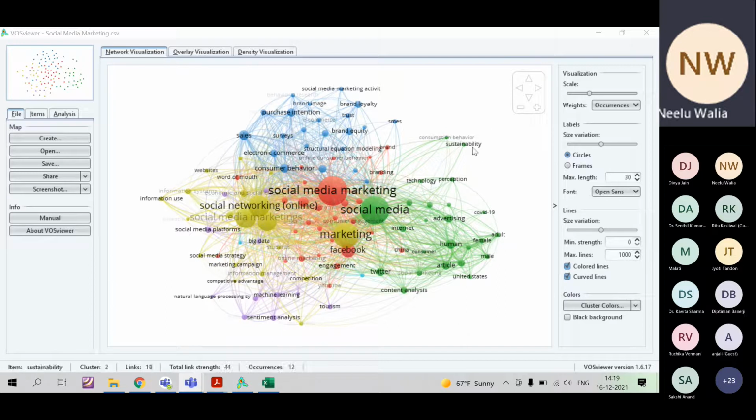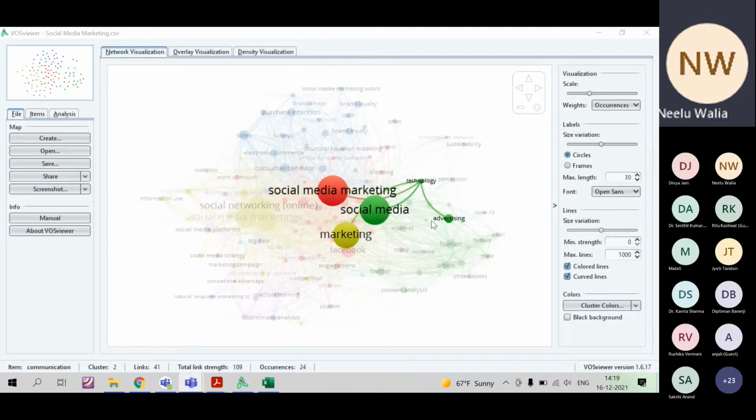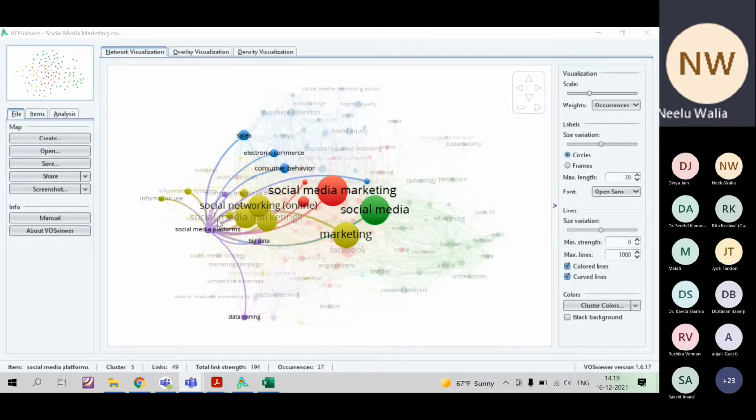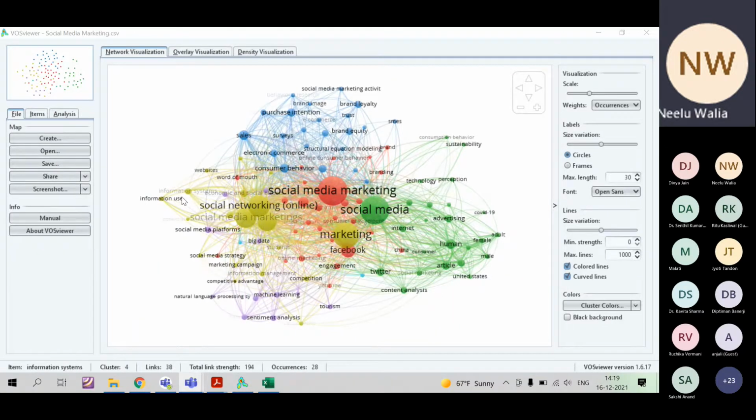They are using sustainability, perception, technology, advertising, adult, then content analysis, Twitter, engagement, competition, machine learning, tourism, sentiment analysis, competitive advantage, marketing campaign, information management, media platform, word of mouth. So these are the variables.